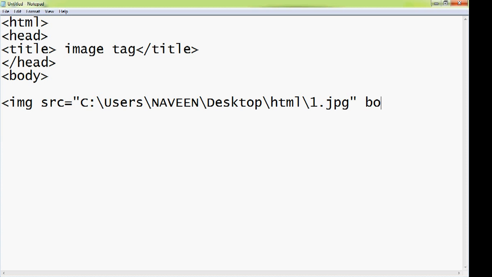I want a border for that image, equals 3 thickness. Okay, the border is finished. Next I'm going for width. Width equals 200%, and height equals